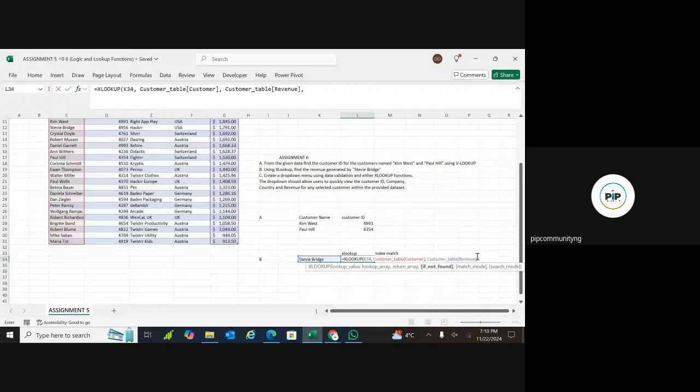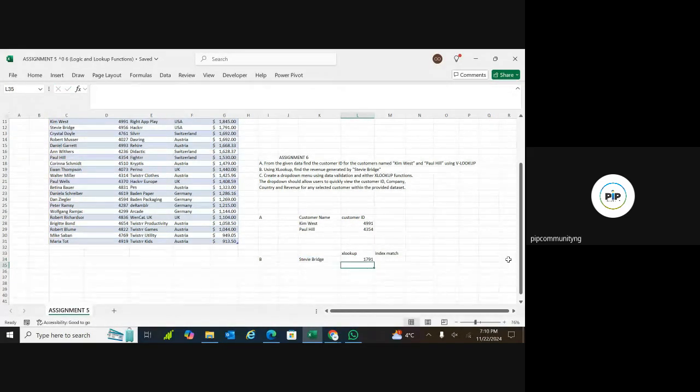So it's asking me for match mode, and sorry, if not found. So what will it give me if it doesn't find it? It should tell me not found. All right, then we'll put comma. Then the match mode is exact match, which is false, which is 0. Yeah, so I'll put my 0 there and then I'll close my bracket, and you can see it gave me